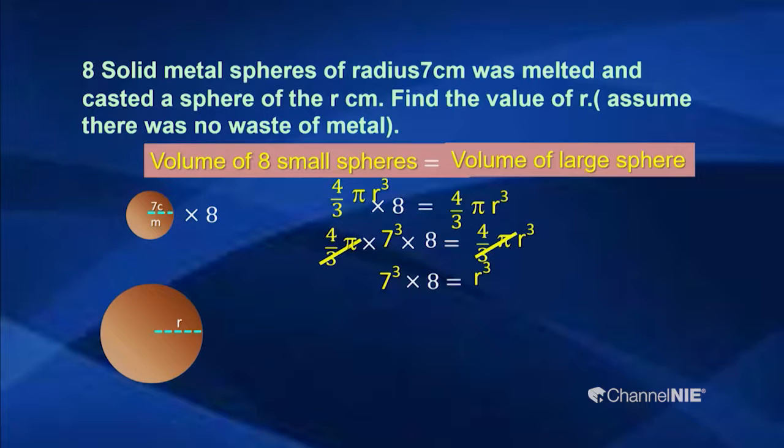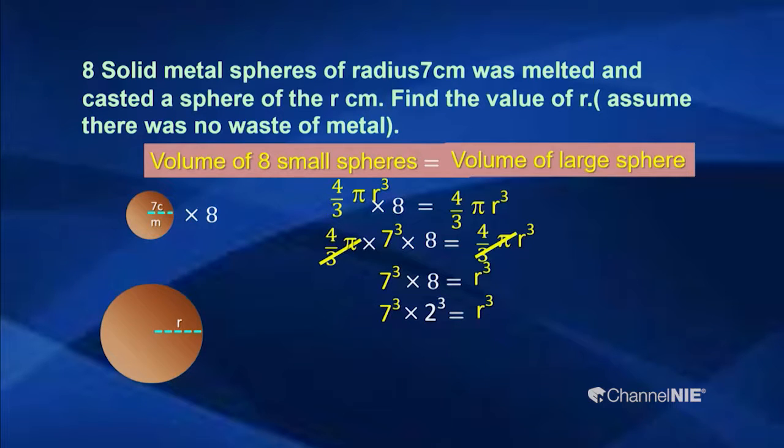Then to find the r of this one, we can follow different types of methods. Sometimes you can take the 7 cube value and multiply it by 8 and then find the answer. Or another method, using the powers, indices, also can find the answer. Now look at this, what is my next step? 7 cube multiplied by 8, you can write 8 as 2 cube. 7 cube into 2 cube, 2 to the power 3, then r to the power 3.